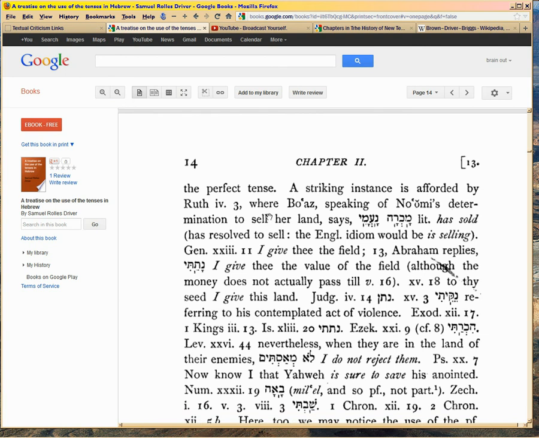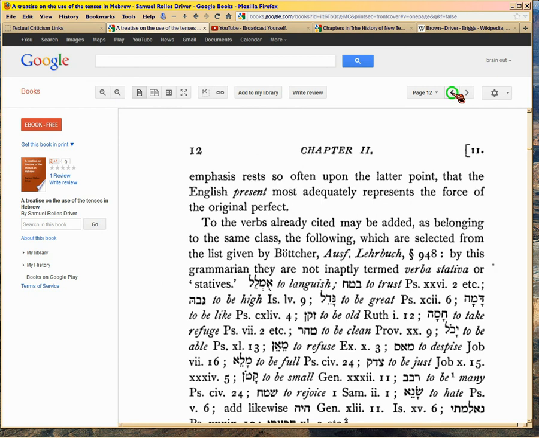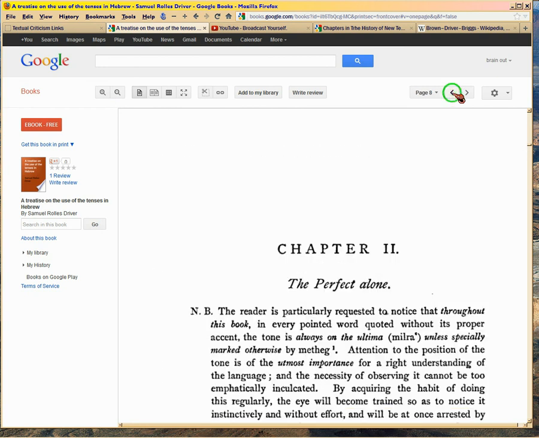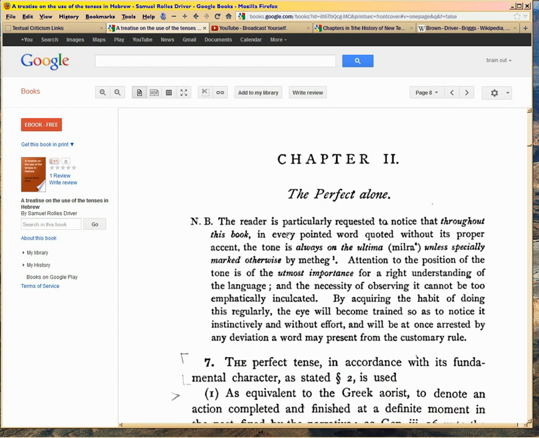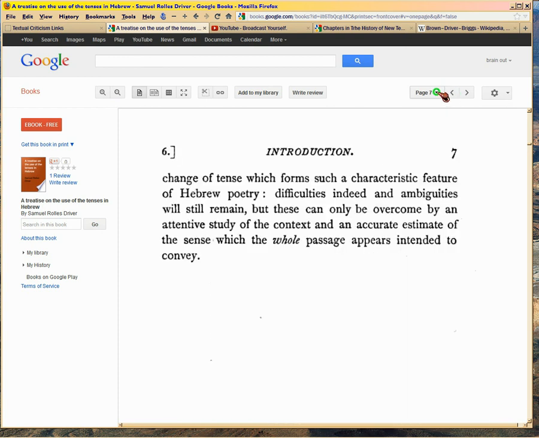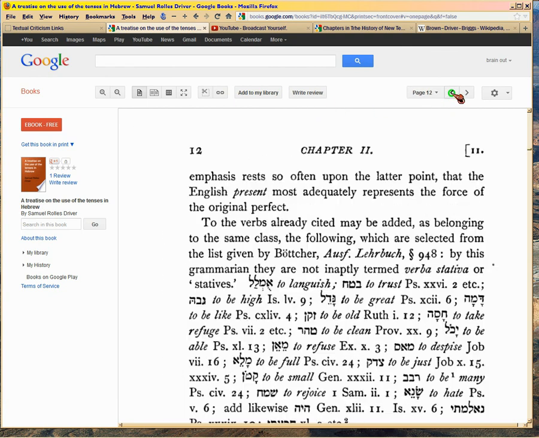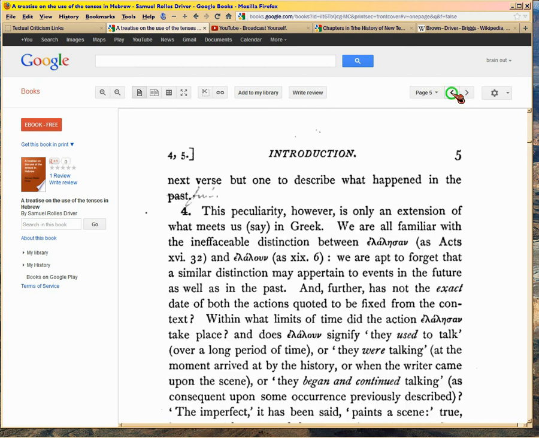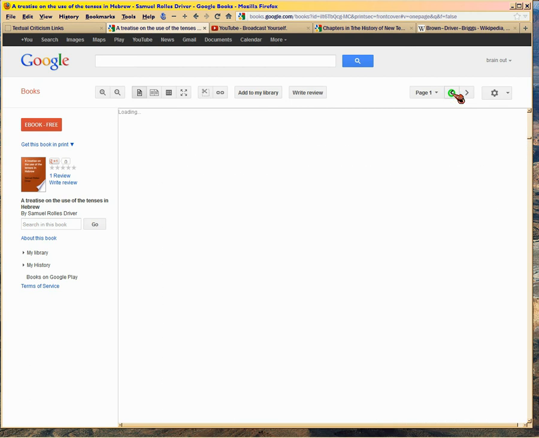And he's showing you, like, I don't know what the title of this chapter is. I just found this link. It's about the perfect tense. Okay? There you go. And then of course you can go to the table of contents, which is up here, and the people who read this stuff in Google don't always do a great job of indexing it, but that's okay, because you can at least